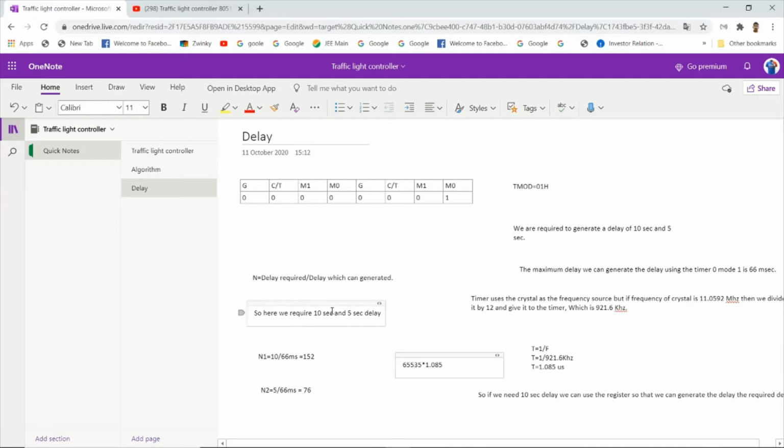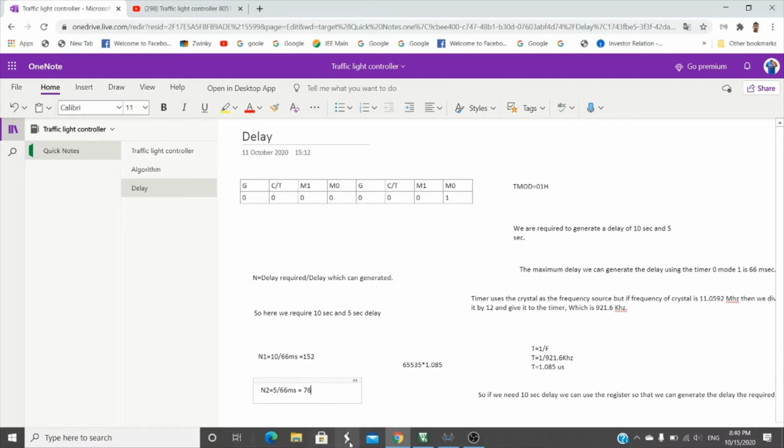Let's see, we would require 10 seconds and 5 seconds delays. For 10 seconds, 10 divided by 66 milliseconds gives a count of 152, and for 5 seconds, 5 divided by 66 milliseconds gives 76. These are the values which we will be initializing in the registers.